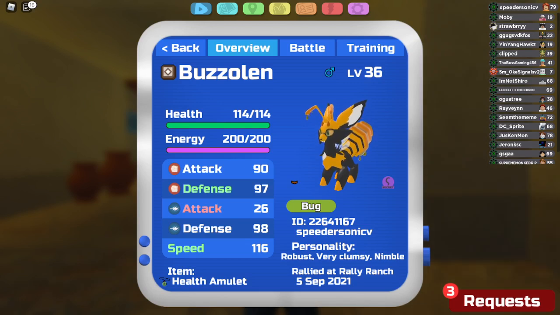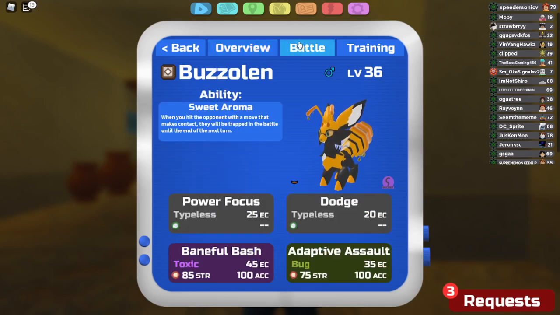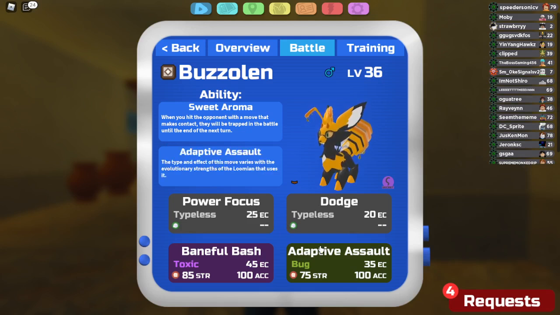Alright, and for this next Buzzolen, this is a robust, nimble, very clumsy one. You're going to always have clumsy because it has like no range attack. Now, with this one, we're using Power Focus, Dodge, Adaptive Assault, and Baneful Bash. When you hit an opponent with a move that makes contact, they'll be trapped in the battle until the end of the next turn. Meaning that we can click Adaptive Assault, Dodge, or Power Focus depending on the speed of the Loomian, or Baneful Bash depending...